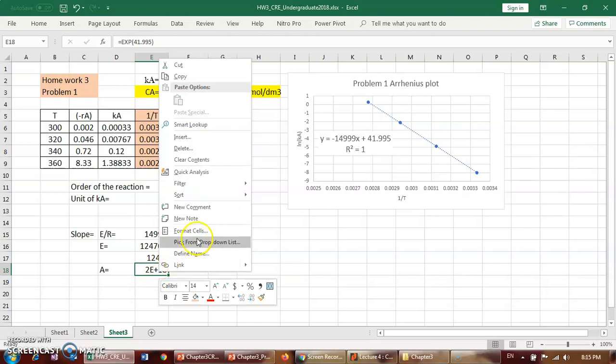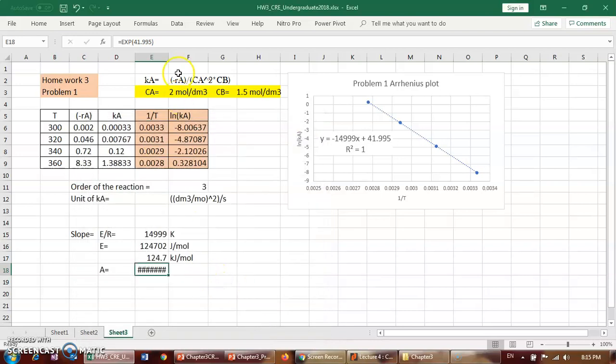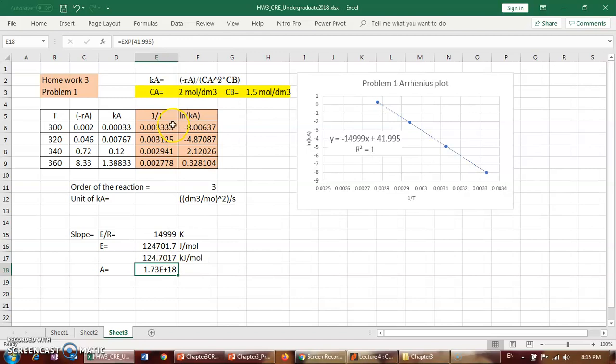Also, you can change the format of the cell to get a very accurate number, a scientific format with decimal places up to 2. Usually we do it. So you can see the actual value is 1.73 into 10 to the power plus 18, and we know that the unit of A should be the same as the unit of k that we have here. So we should just copy and paste